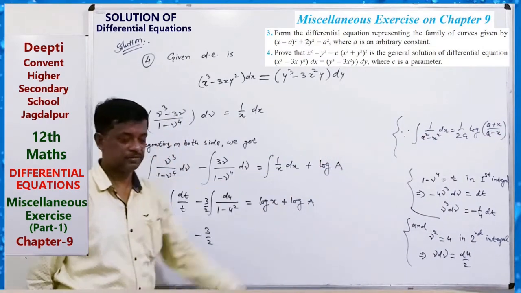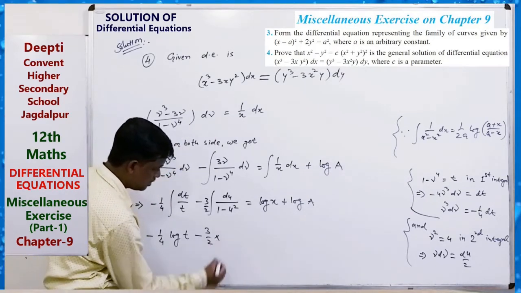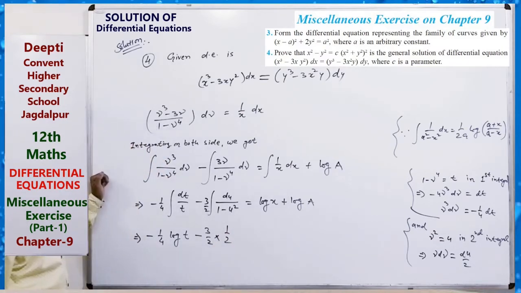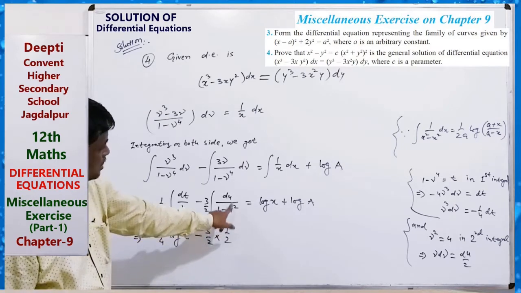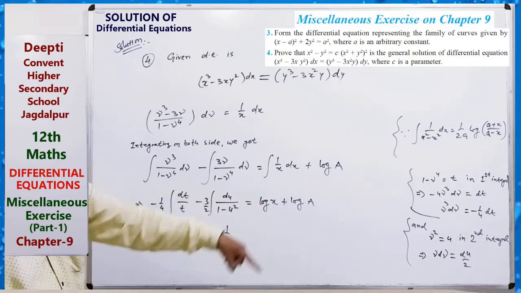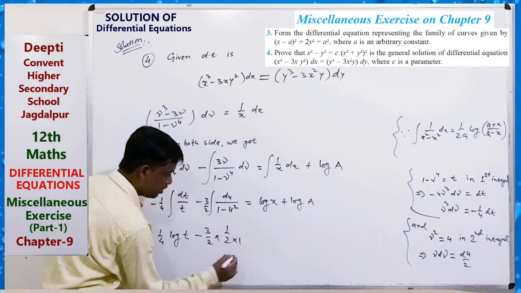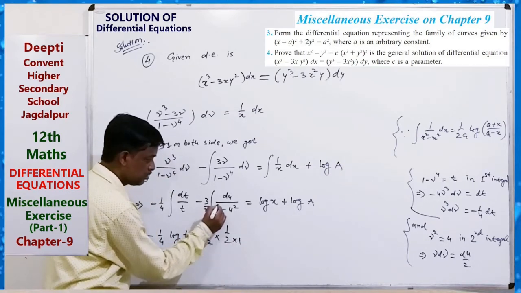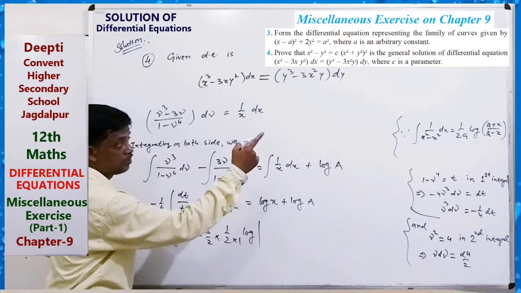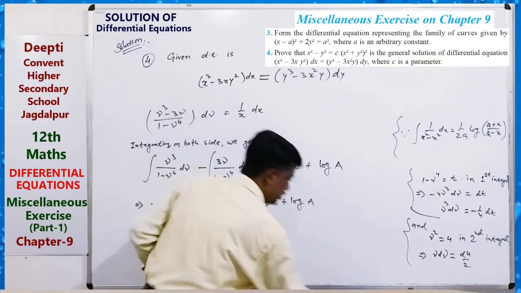This is the formula. So using this formula we can get this into 1 upon 2, v square equals to u, so 2v dv equals to this. So v dv equals to du by 2, 3 by 2, 1 upon 2a, a square, 1 square. So 1 upon 2a log of a plus x, a is 1, so 1 plus u.